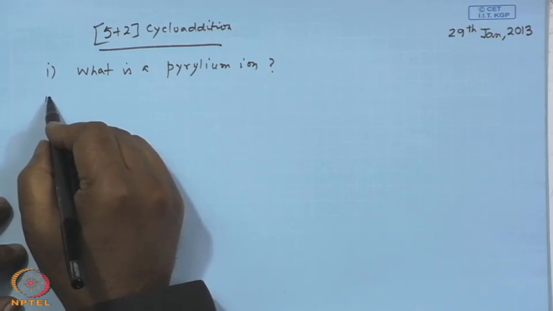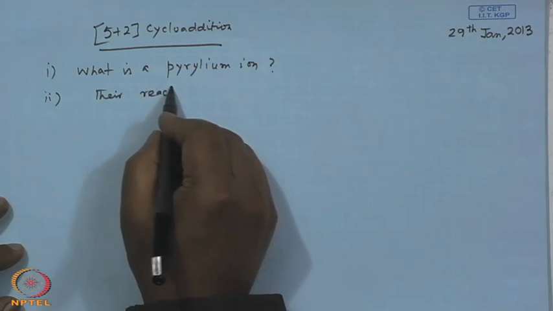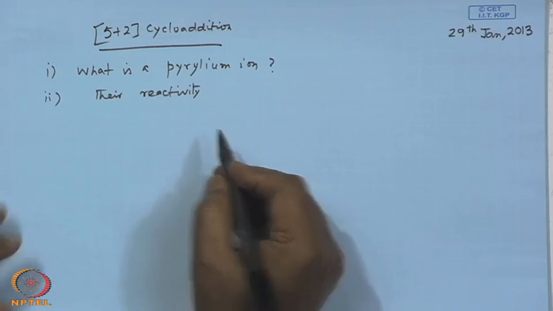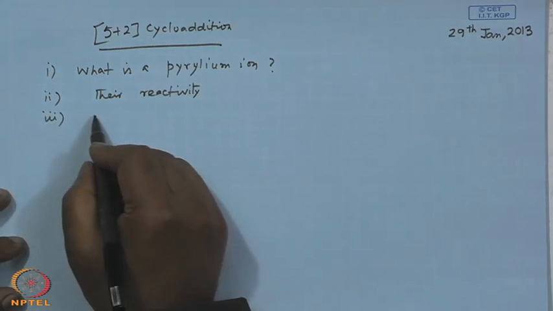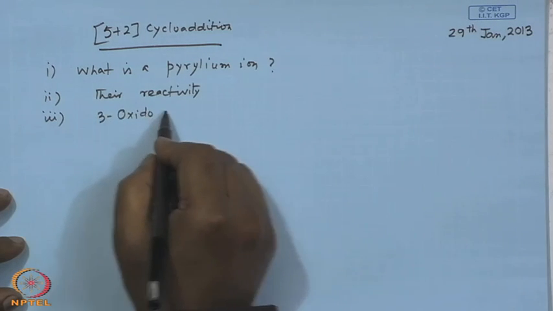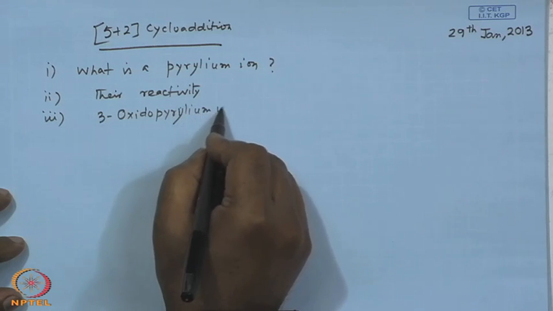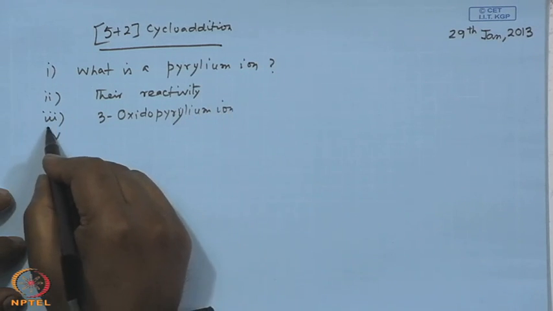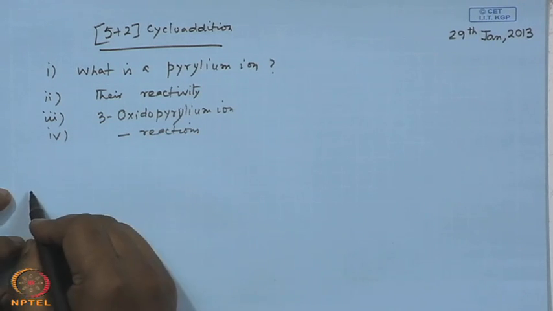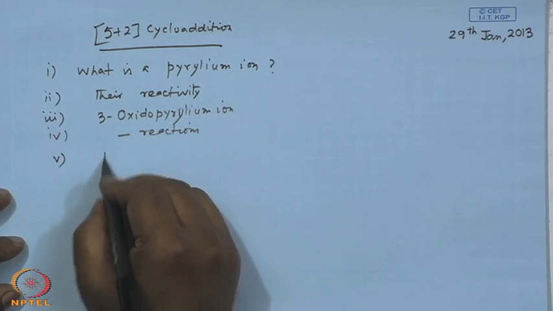Then next we talk about their reactivity. Then we talk about a special kind of pyrylium ion, which is known as oxidopyrylium ion. And again we talk about their reactions, and subsequently we will talk about the preparations